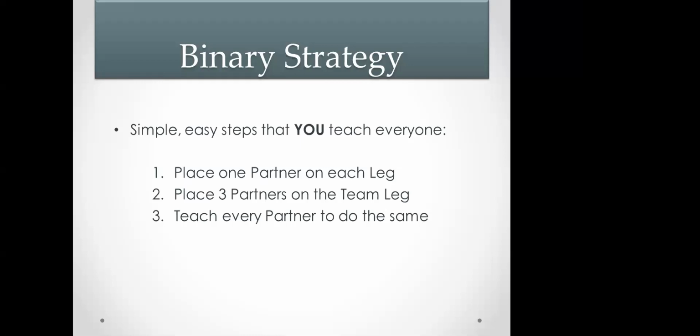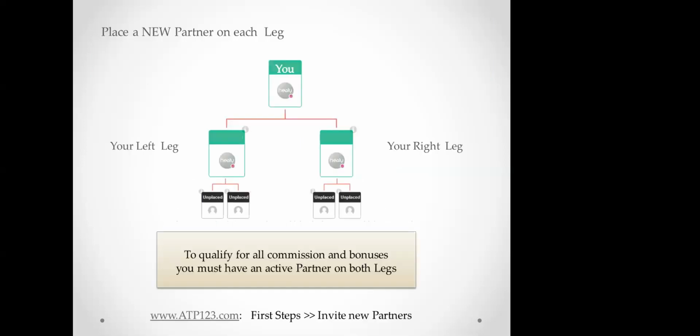The third is to teach every single partner that you bring in to do this exact same thing. So take a picture of this screen, screenshot it, whatever. These are your steps. This is what you follow. Place a partner on each leg, place 3 partners on the team leg, teach every partner to do the same. Okay, so you're placing a new partner. Here's your left and your right